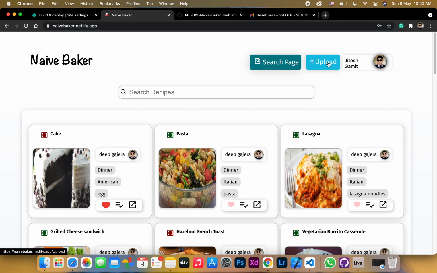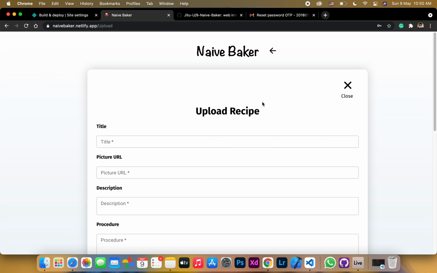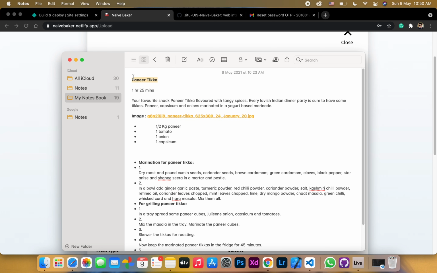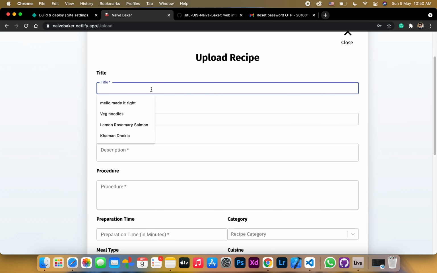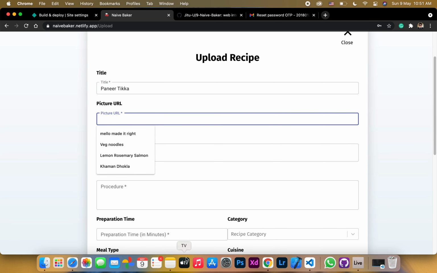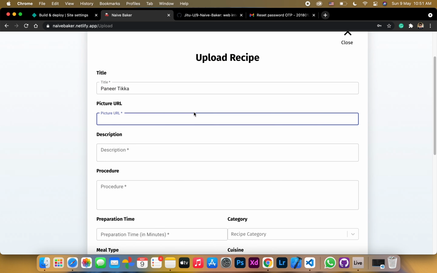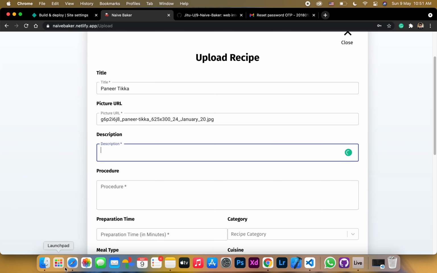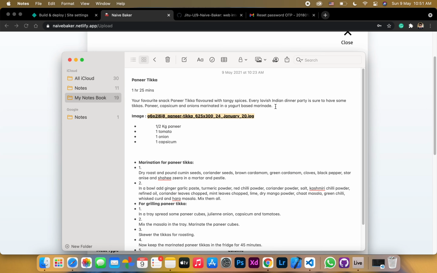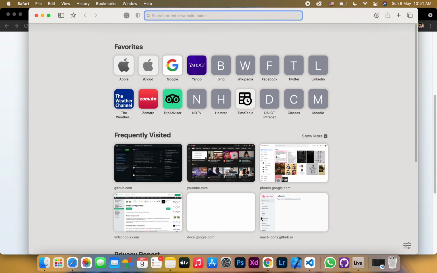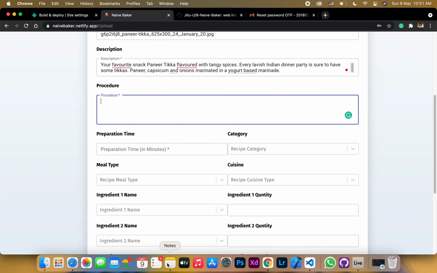Now we will upload a recipe. Click on the upload recipes page, and you can see the upload recipes page. Enter the details. I have already saved the details for the recipe, so copy it and enter the details. You have to enter the URL of the picture, because of the limitations of the server, you cannot upload the picture to the server. So we will enter all the details, including the procedure, which you have to enter in paragraph format. So we will copy and paste it here,